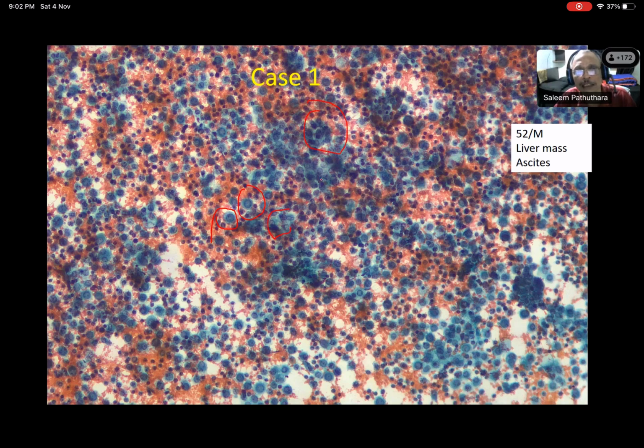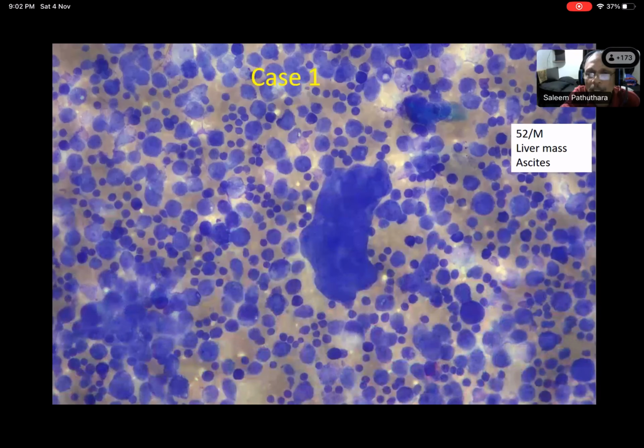In a nutshell, we can see a lot of material on one smear, right? And also, sir, can you see this? What is this? That is a papilloid cluster. It looks suspicious. But the morphology is not very clear, sir. Same thing in Giemsa. So the nuclear morphology I can't appreciate, but the cells look very tightly clustered.